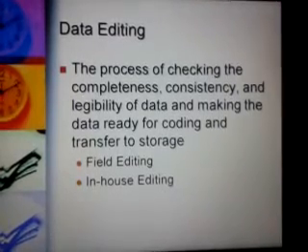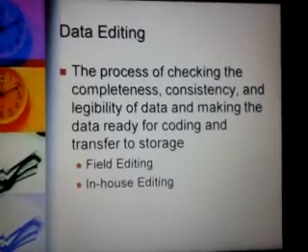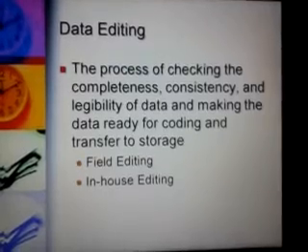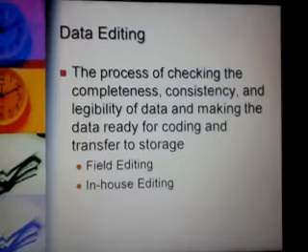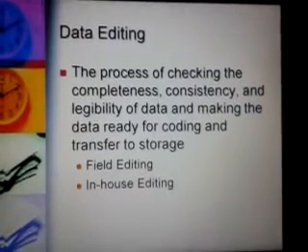So what could be done with this? Field editing or in-house editing. There are two ways for editing: field editing and in-house editing. Field editing means the people or the interviewers who go to the field for collecting the data, they themselves edit the data, and that is something